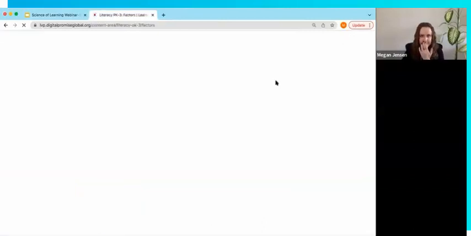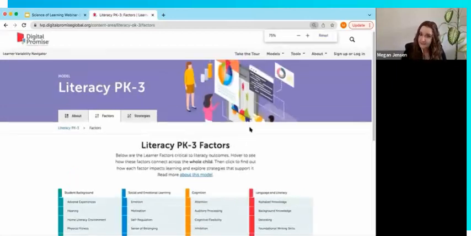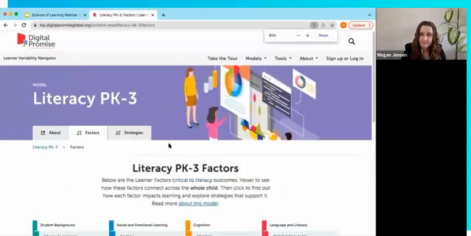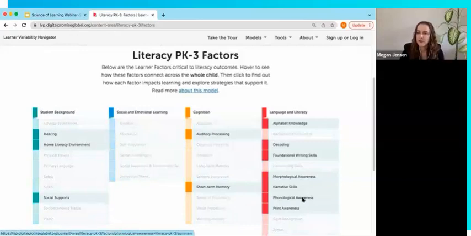I'll just head into the literacy navigator here. Make this a bit bigger for you to see. Let's carry out that example. Let's say you're meeting with your colleagues. You're seeing the majority of your students are struggling pretty mightily with phonological awareness earlier on in your reading journey